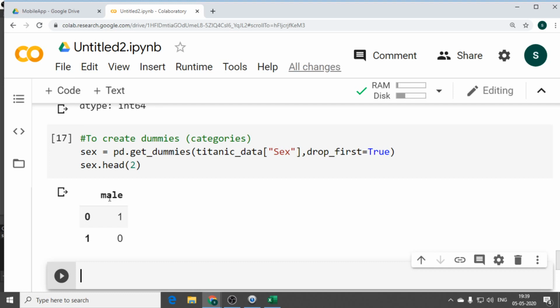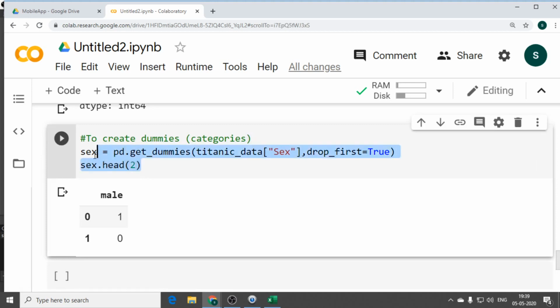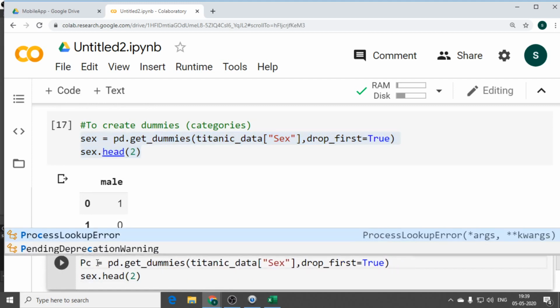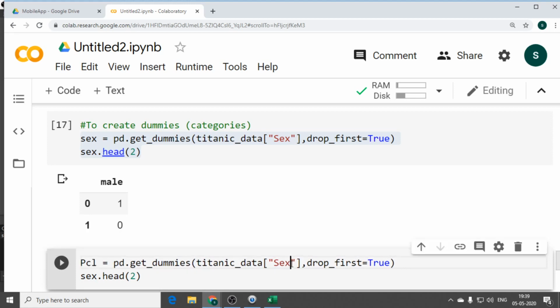So the next target is to create dummies for passenger class and embarked. What I can do for a very shortcut, I can copy this same thing and I can replace, but I can change this name to passenger class. What is the column name? P class.